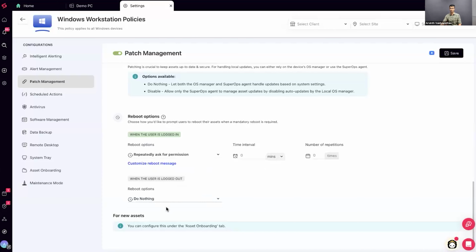You can either choose to do nothing and let the user take control of it, or you can force the reboot immediately. That's something you can do as well, right? So let's say you're working with a client where he or she is going to give new assets to new team members that are joining the team. You can also get the assets up to speed and running at an optimum condition by what we call asset onboarding,